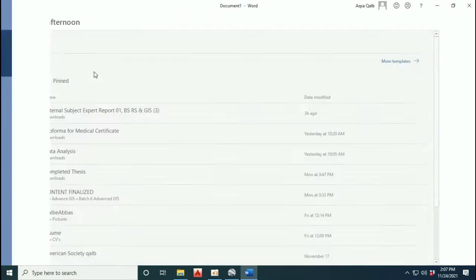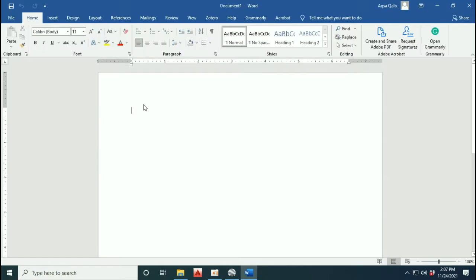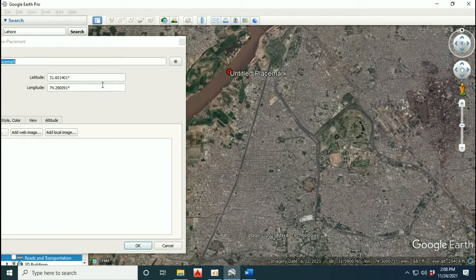Open up the Word and save the latitude and longitude over there. Place it as a number 1 point.